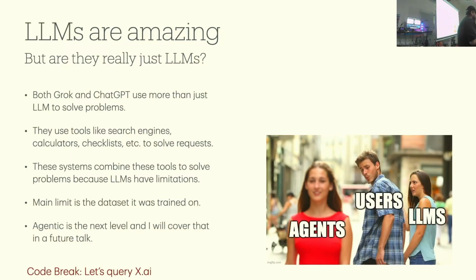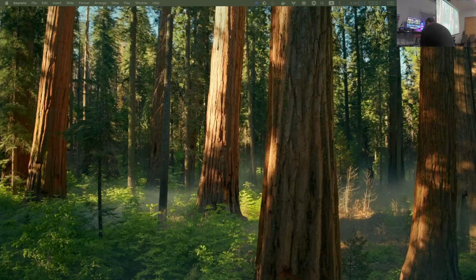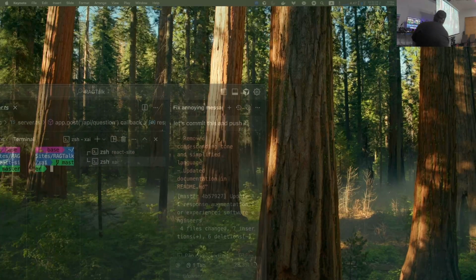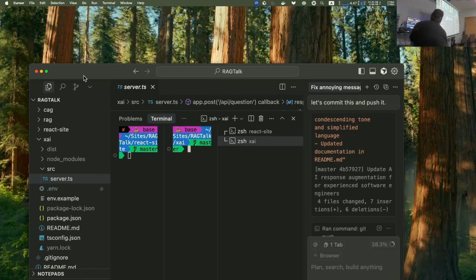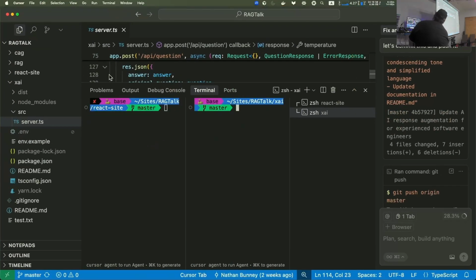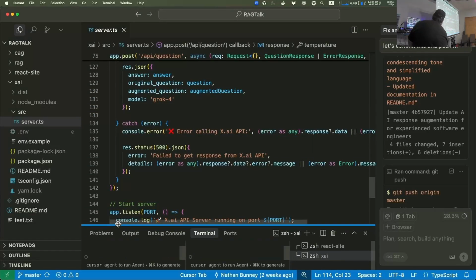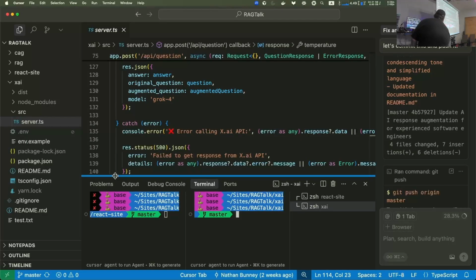So what I want to do first here is pause here and jump over here to Cursor and drag Cursor up here. I already have it big for you guys. Okay, so what I have on this site is a React site, right?